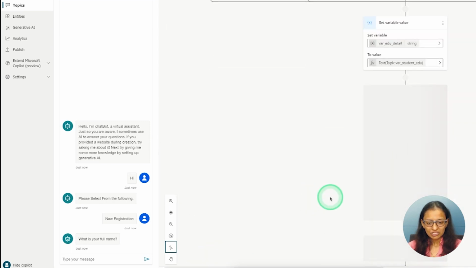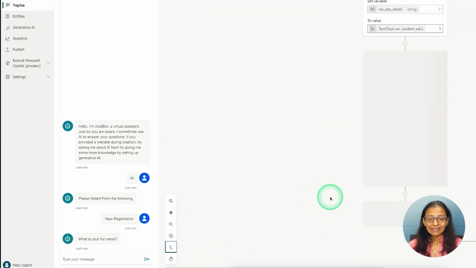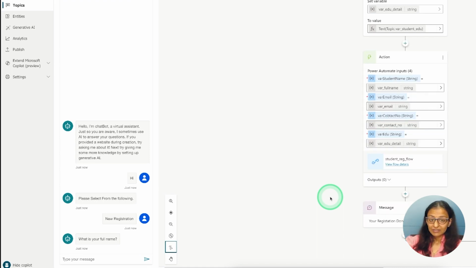You may have a question: can we just directly jump into that section? Yes, you can do that. But since you are a beginner, doing a chatbot for the first time, I suggest you do it without jumping directly to that. It will be a kind of revision for you.